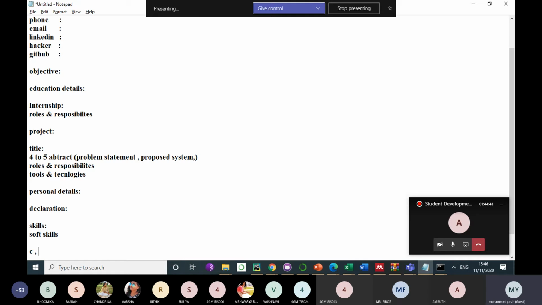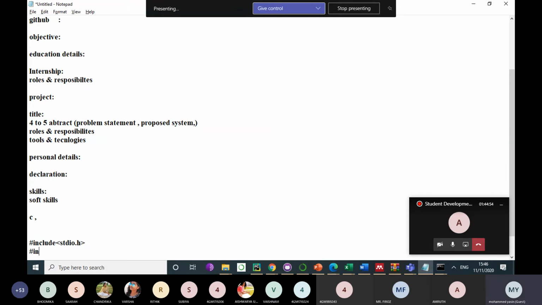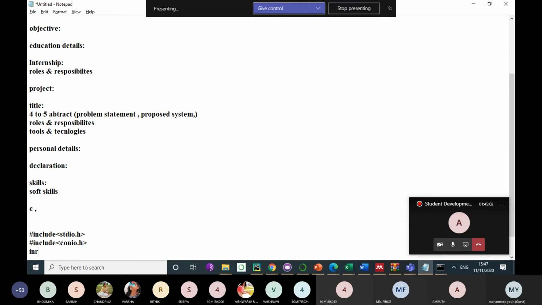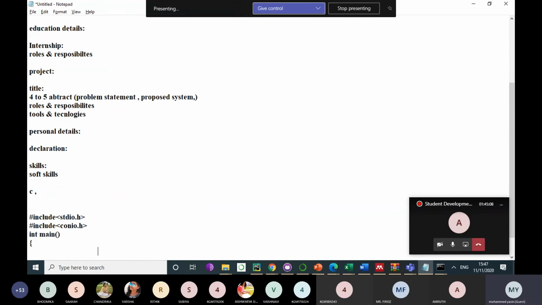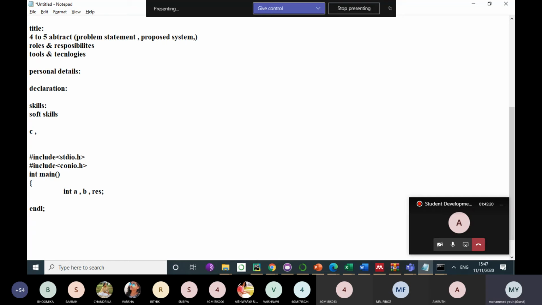So I wrote code like this when I was in seventh semester. This was the code I wrote for that question, palindrome.